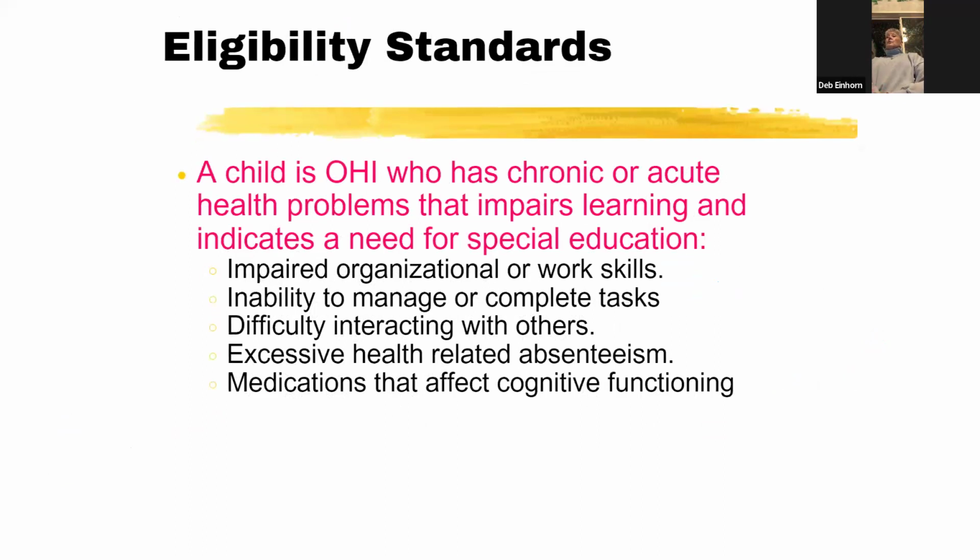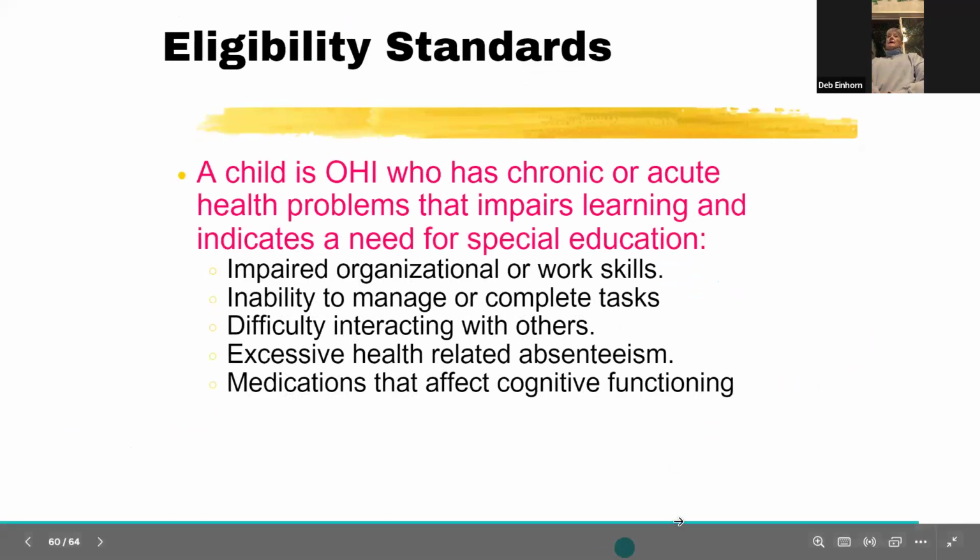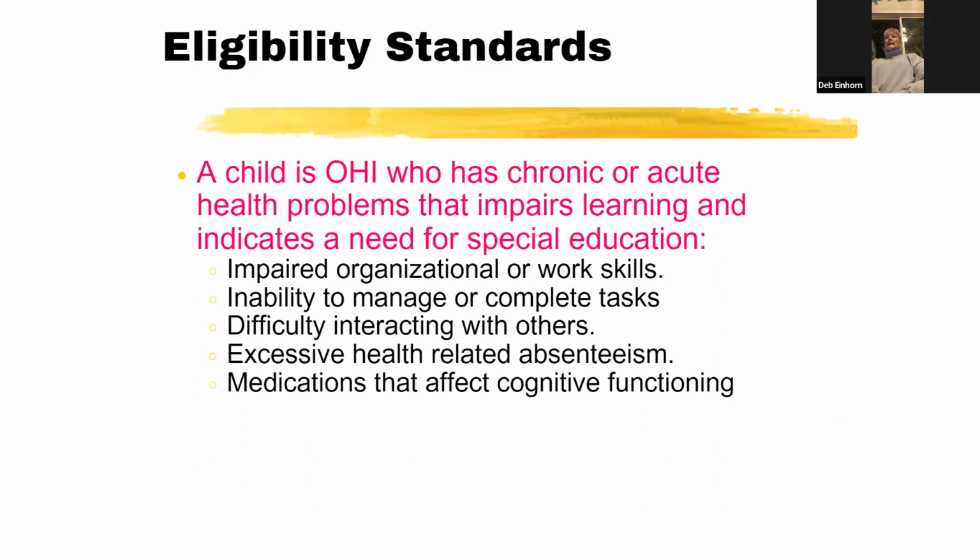So a child who has other health impairments has chronic or acute health problems that impair learning and indicate a need for special education. If it's a student that has ADHD, it might be their impaired organizational or work skills. That means they need some accommodations or modifications. Their inability to manage or complete tasks could be from health issues or ADHD,